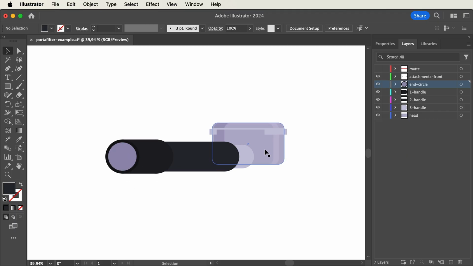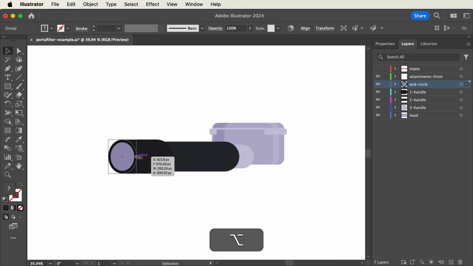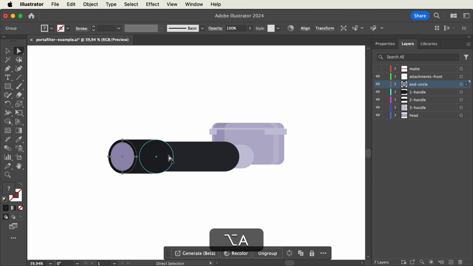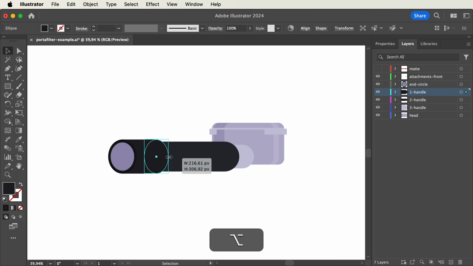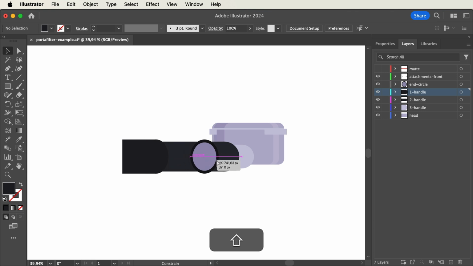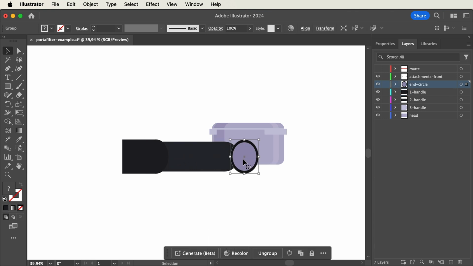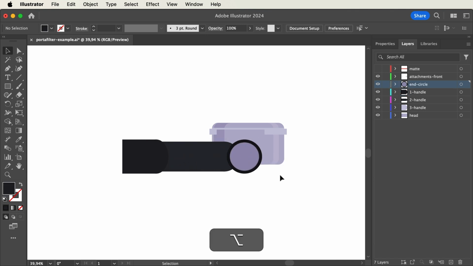Another thing that we need to keep in mind is that when we're looking at it from the side here, the circles actually need to be squashed a tiny bit, and this goes for all of the circles. And this just shows the perspective that we're looking at it from the side. And then when we move it towards the center, so we're seeing it straight on, the circles will go back to their original shape.